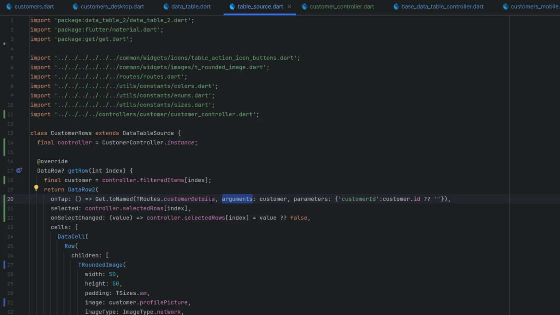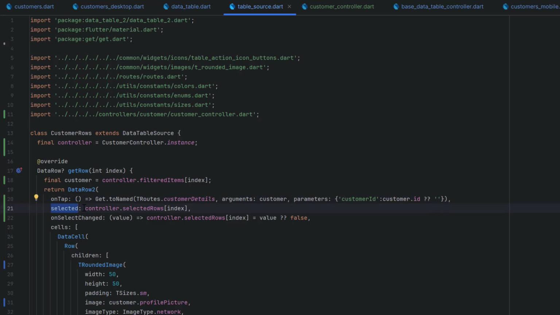which is we are passing the customer from here as an argument. We're going to receive that customer inside the customer detail screen. But if there is another case in which we do not have the customer, but the user directly searches our customer detail screen as a URL, and you want to use this customer ID to show a single specific customer, then this is how we are going to pass that. Based on this customer ID, we will be able to fetch the customer detail.